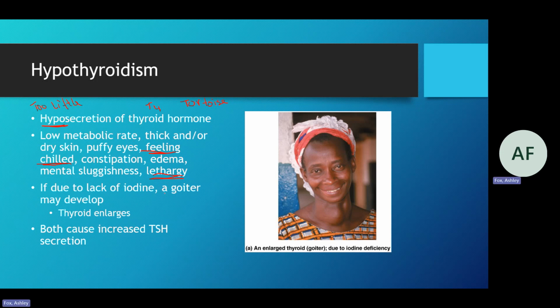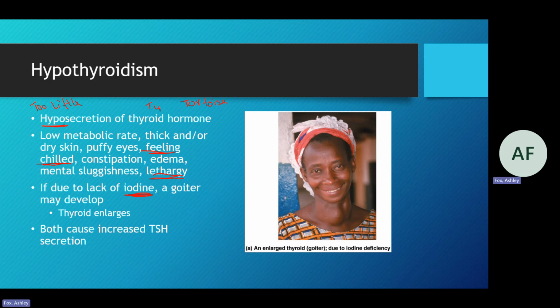This can be because of many different things. Sometimes we don't know why it happens. Sometimes it can be autoimmune, where your immune system is actually attacking your thyroid tissue. That's less likely in the United States because we're developed and we add iodine to salt and things like that. But in other countries, if the diet's not proper and you have a lack of iodine atoms in the diet, because remember, without iodine, you don't make thyroid